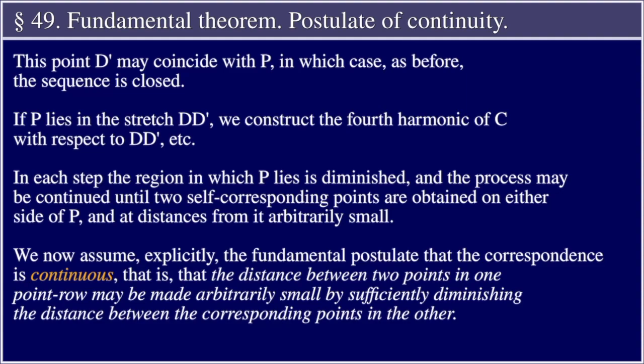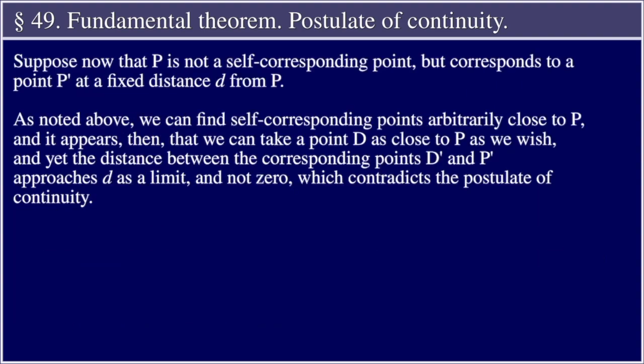We now assume explicitly the fundamental postulate that the correspondence is continuous, that is, that the distance between 2 points in one point row may be made arbitrarily small by sufficiently diminishing the distance between the corresponding points in the other. Suppose now that P is not a self-corresponding point, but corresponds to a point P' at a fixed distance